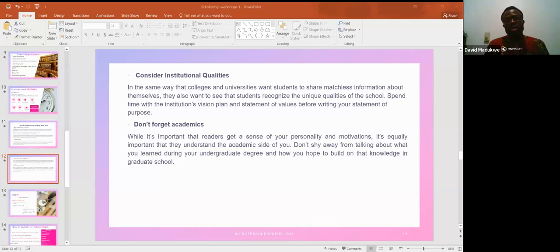And this application is something that comes seasonally. It's not something that if you don't get in, you can apply to another school immediately. It has some seasons where you have to apply. So that's why you have to make good use of this season you are in and apply to many schools. Next time, for example, you can apply to 10 schools, apply to 10 to 15 schools, for instance.